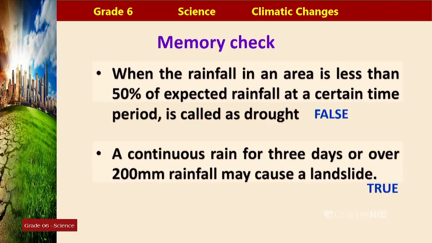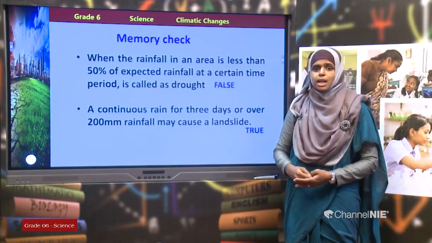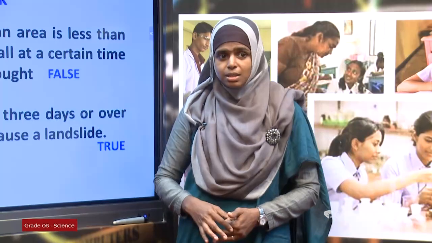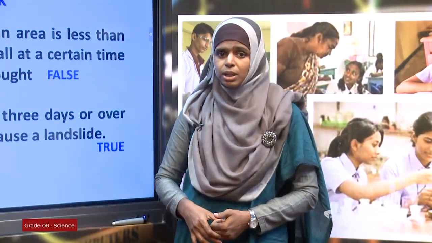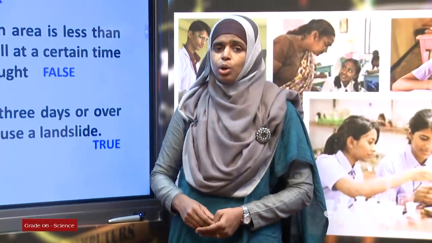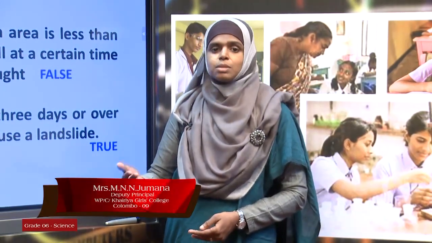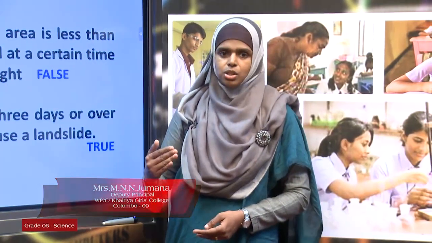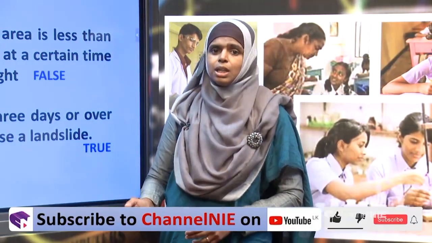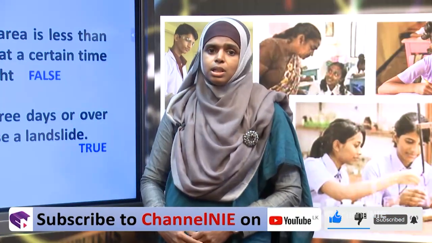So, in today's lesson, under climatic changes, we have looked at designing simple apparatus in order to measure the factors related to weather, as well as we have discussed natural disasters. We discussed 4 natural disasters, children. We said although natural disasters cannot be avoided, we can still minimize their impact. We can save properties as well as lives if we become vigilant and stay alert about natural disasters.